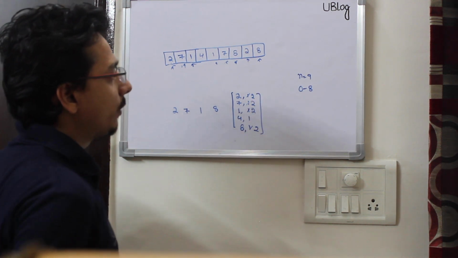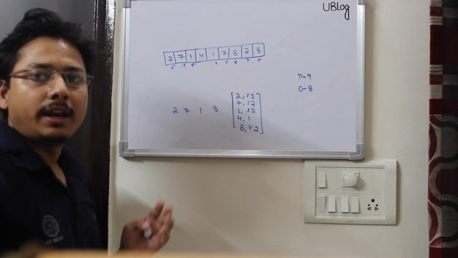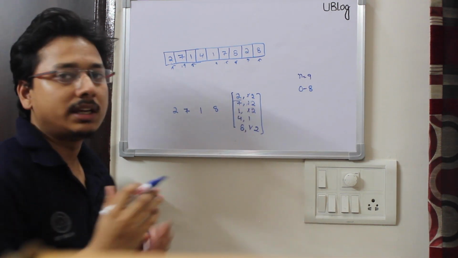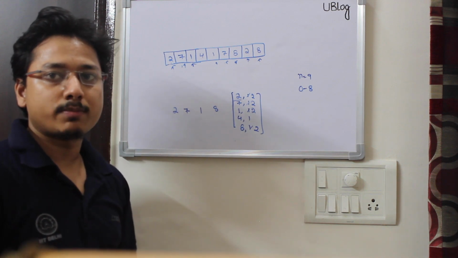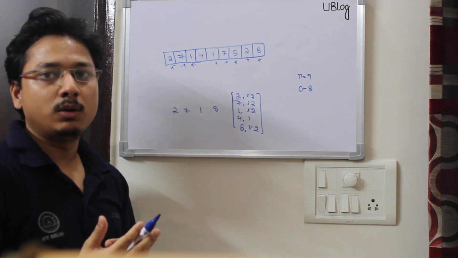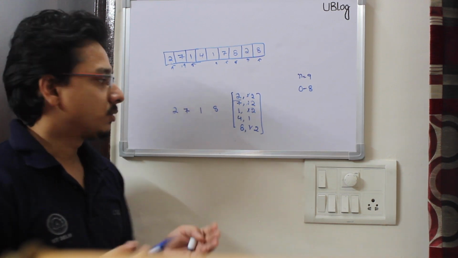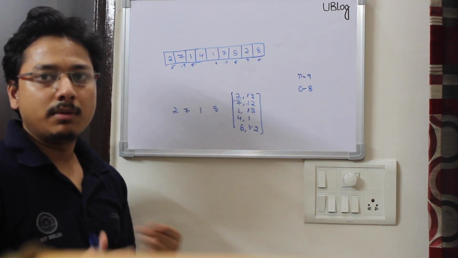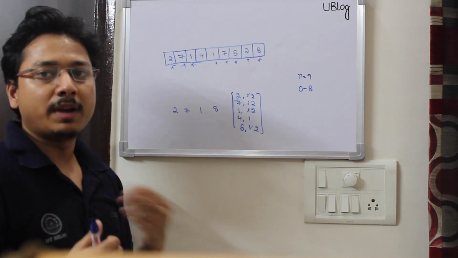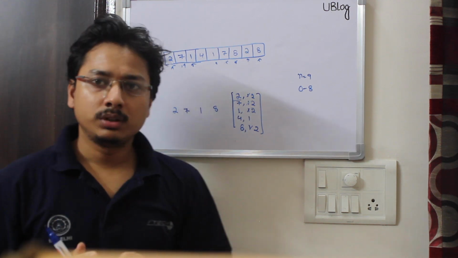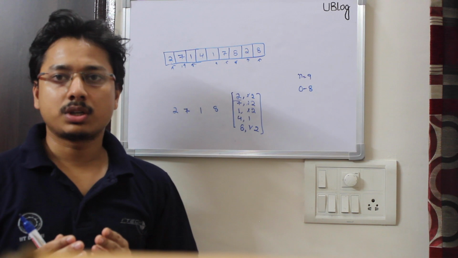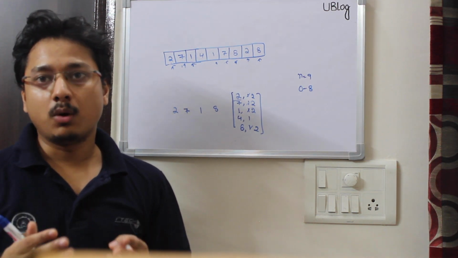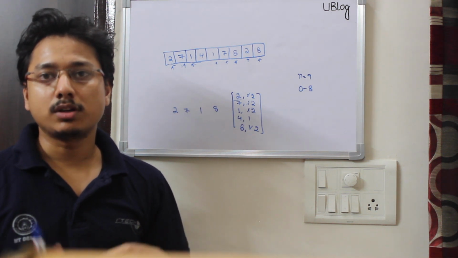And in the end, what I can do is I can iterate over the hash map and find the value of all the keys. So basically I'll iterate over all the keys of the hash map and see if the value of any key is greater than 1. If the value of any key is greater than 1, which means the element is a duplicate. So the element is present multiple times in the array, so I will print it. Using this solution, we are able to solve the question in O(n) time, but this takes extra O(n) space, which is proportional to the size of the array.